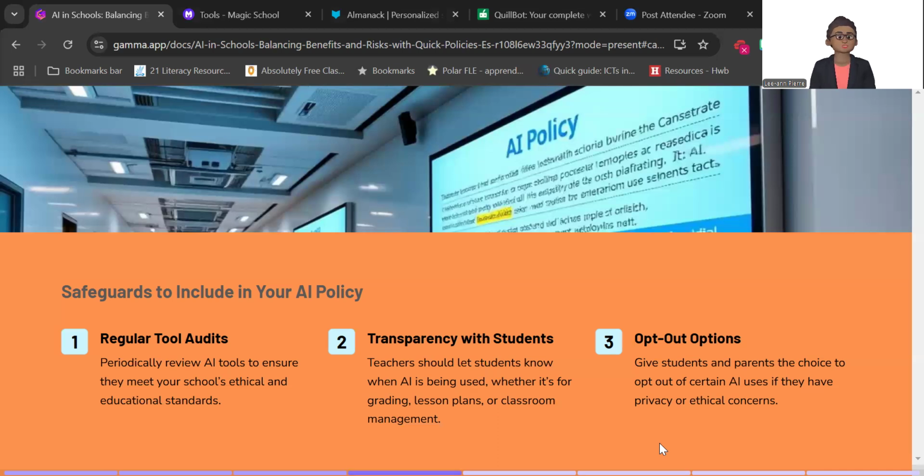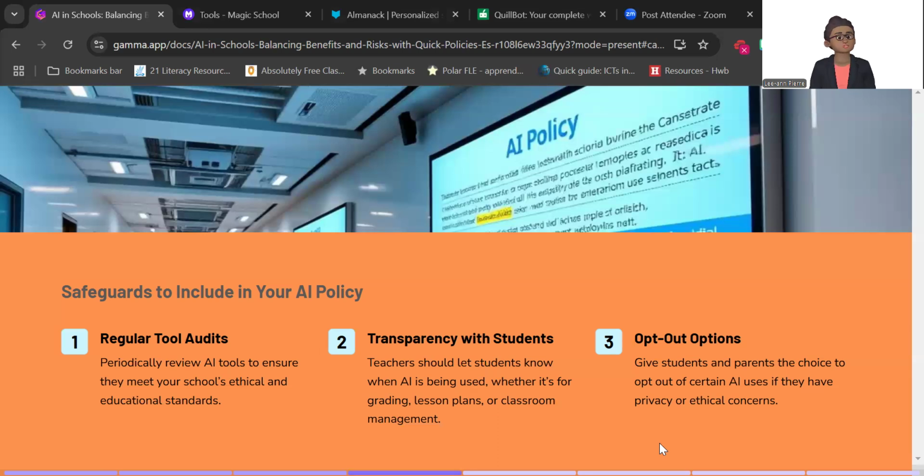You know your standards, you know your ethical values. Set up a committee. That committee should include students, teachers, parents, community members, even get some experts in to assist, and periodically review those AI tools to ensure they meet your school's ethical and educational standards.